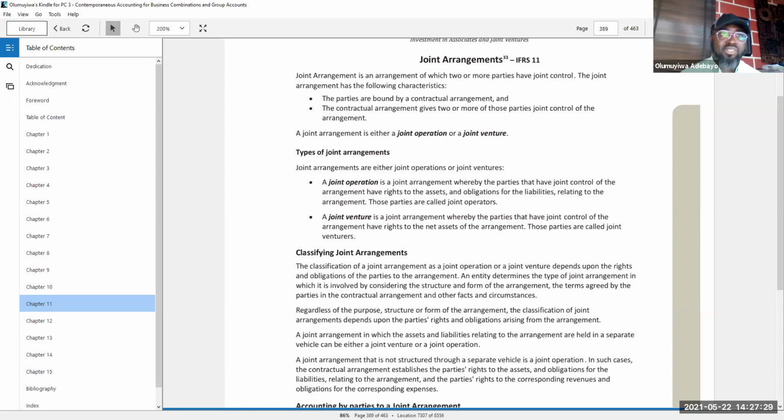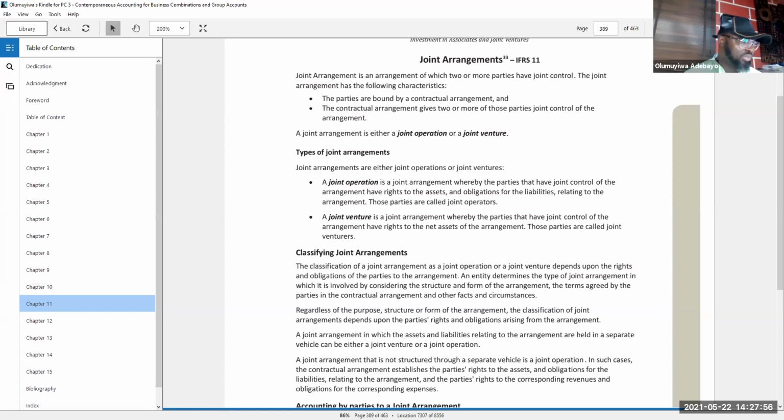Do you get what I'm saying now? But that doesn't mean that a joint operation can equally not last as long as that. But I'm just giving you some clues about that. I don't see what big firms or professional firms can permanently do together that will allow them to create a joint venture. Rather, they can have more of a joint operation.